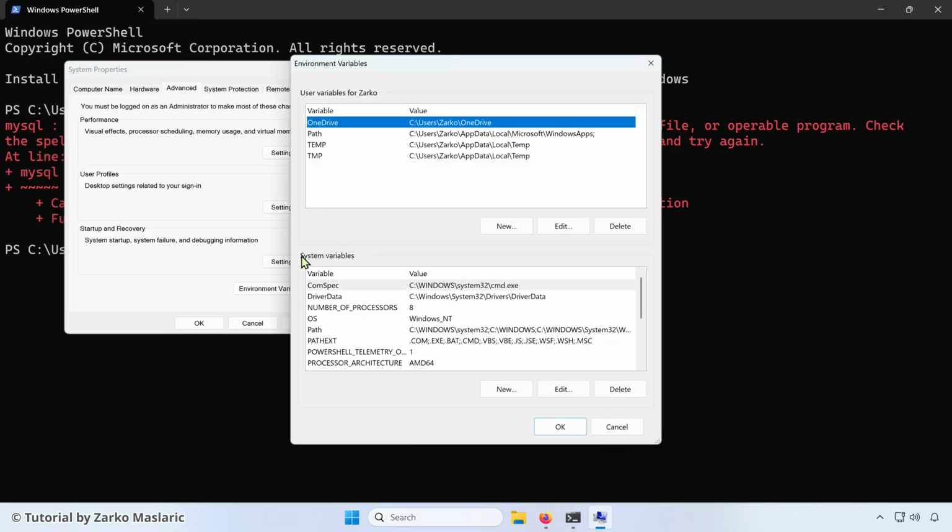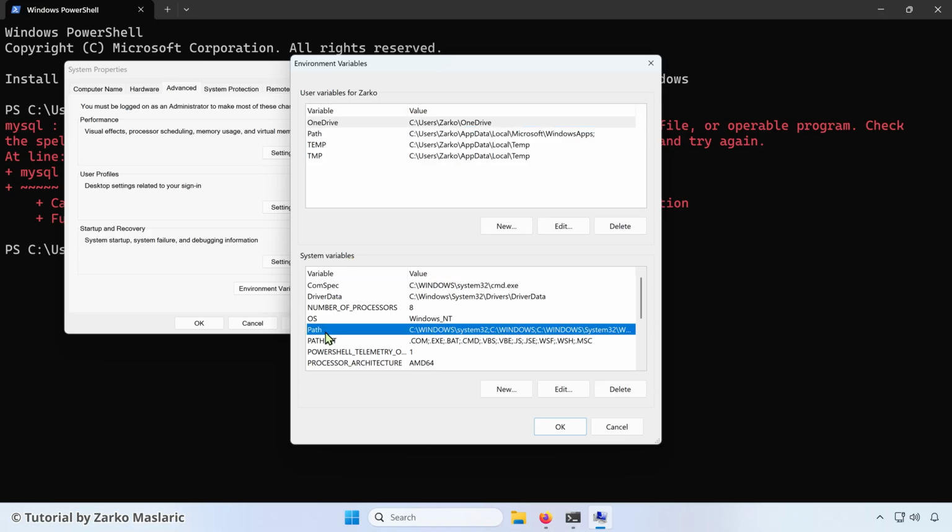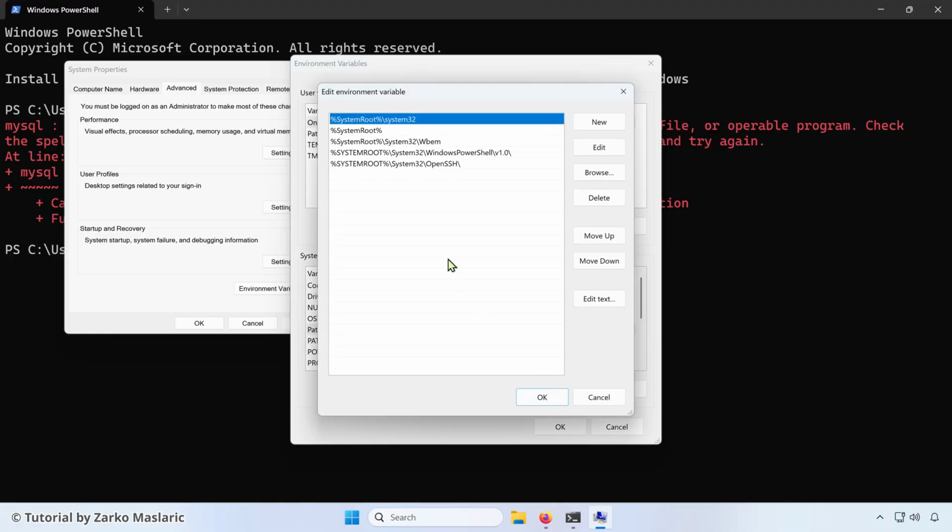Then look down at the system variables. Here you want to scroll down or just look for the path system variable. After you found it, you want to click on it and highlight it, and then click this edit button here. Now here we will need to add the location of the MySQL executable, and to find that we need to